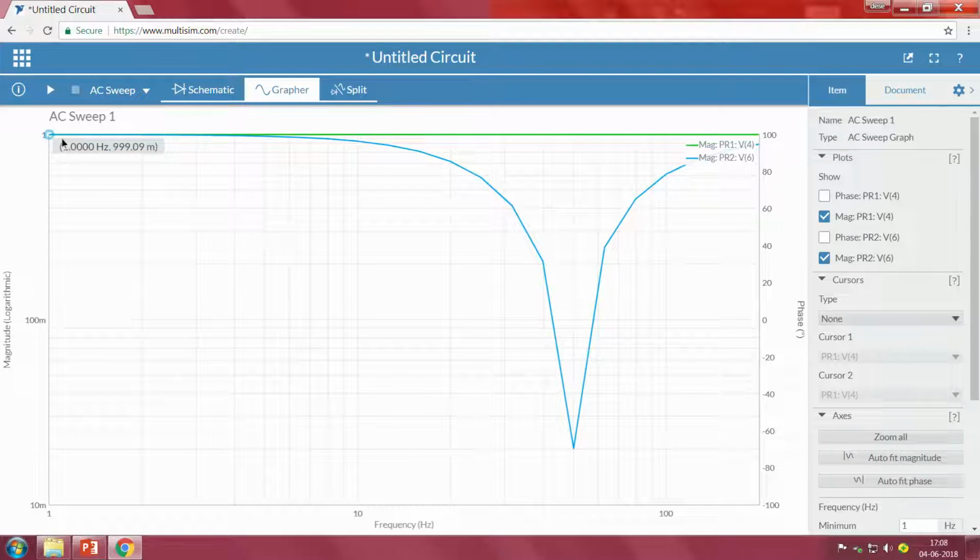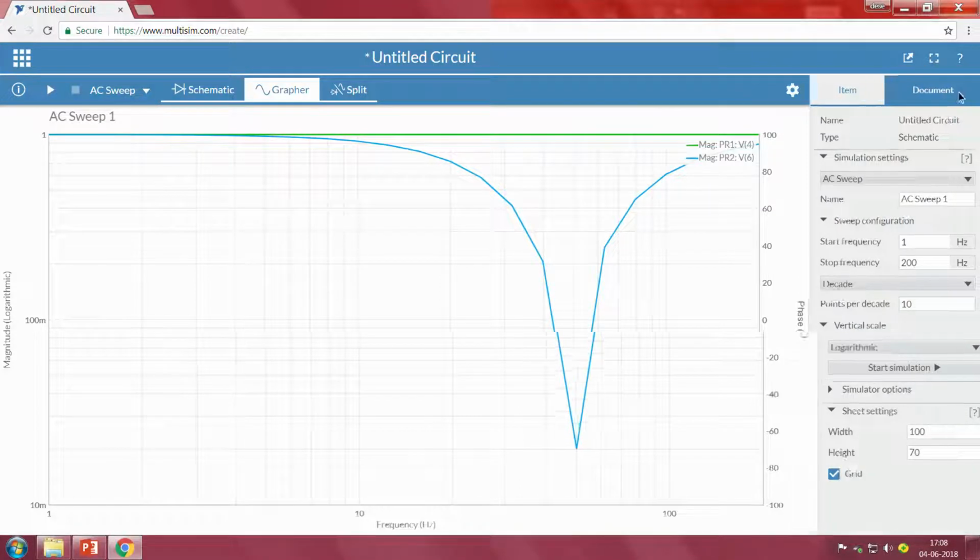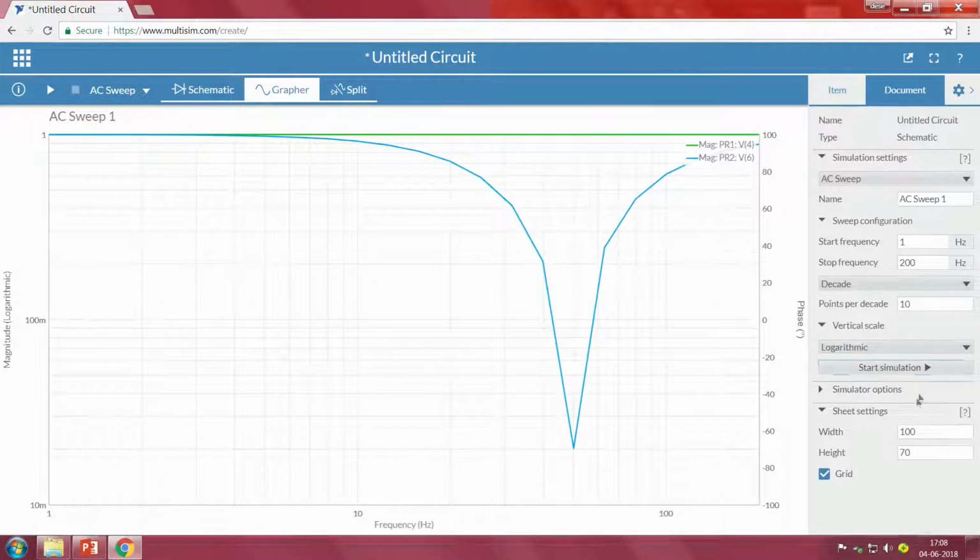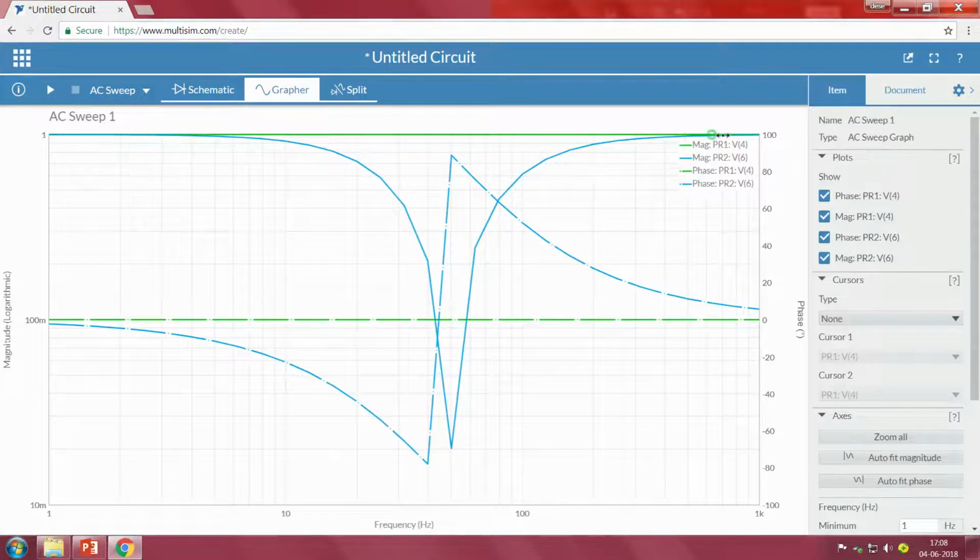That means there is no gain acting in the system. Now, we will try to increase the frequencies to somewhere around 1000 hertz, so that even the output can go to the maximum, the gain.